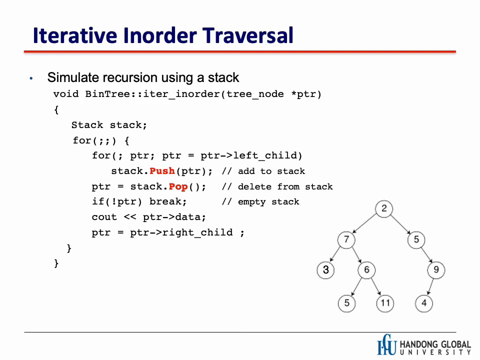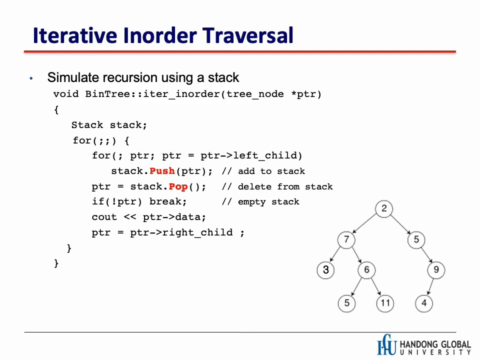In the first for loop we iterate infinitely, and in the second for loop, PTR keeps moving to the next left child. As long as PTR is not null, we push the current PTR